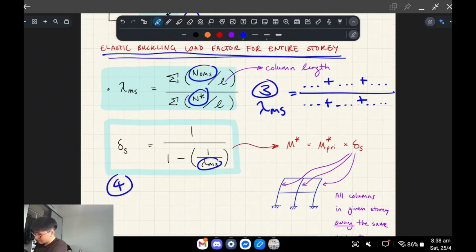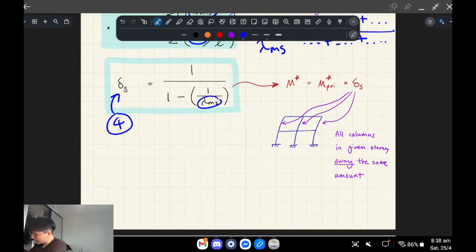and using that you chuck it into step 4, which is your moment amp factor for sway structures, okay? And then you chuck into step 5. Alright,